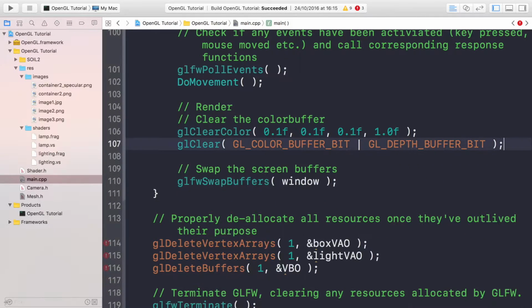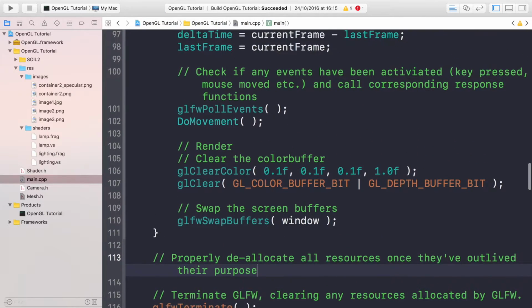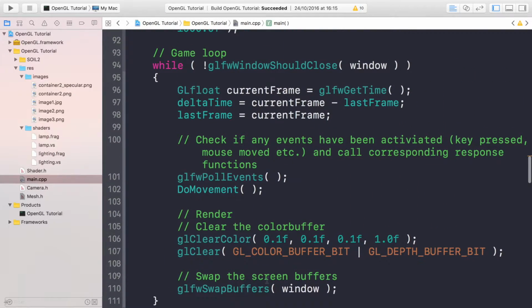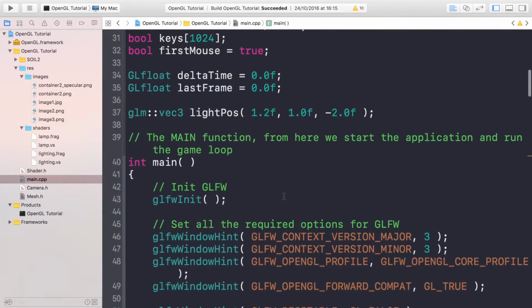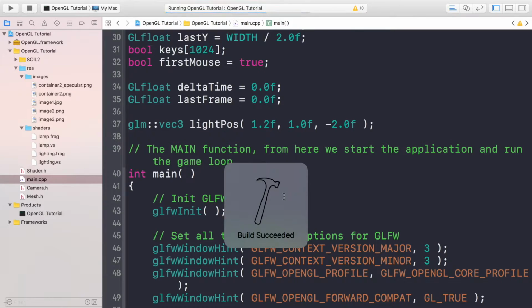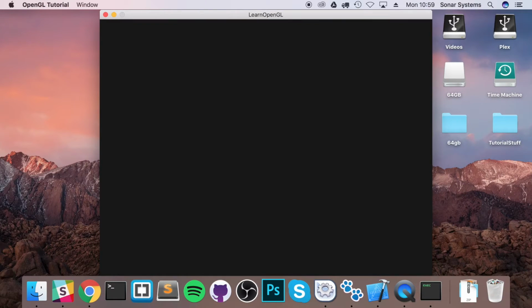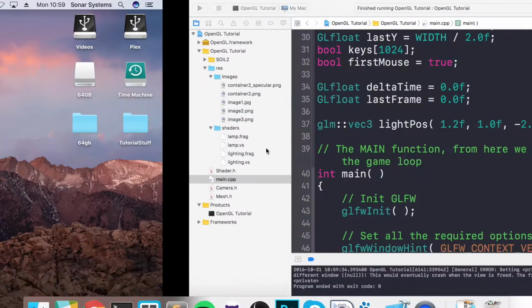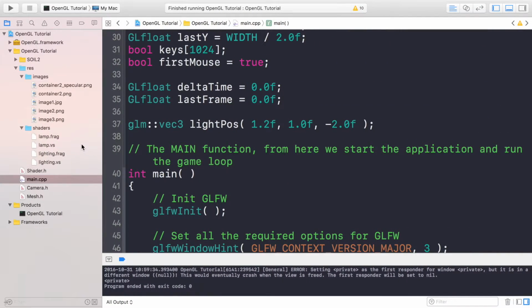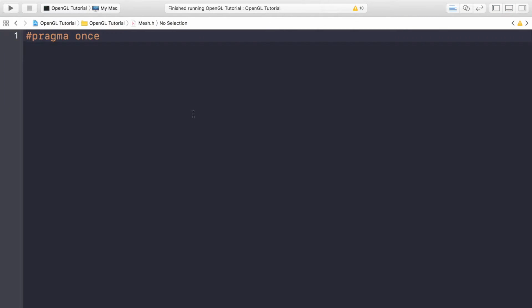We also need to get rid of this because we're no longer deleting our vertex arrays and buffers. I'm going to leave this comment there because that's where you would put it. I'm just going to make sure all the appropriate code is still in there. Looks all good. So I'm going to do a quick run just to make sure I haven't deleted any code that I shouldn't have or messed anything up. That looks a-okay. So that's all good. Now if I go to the mesh header, let's close all of this,